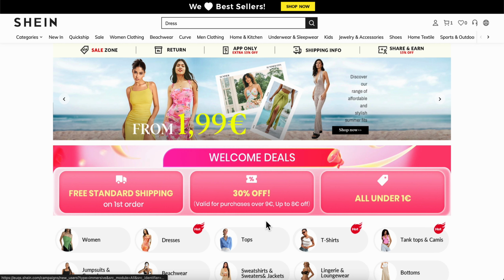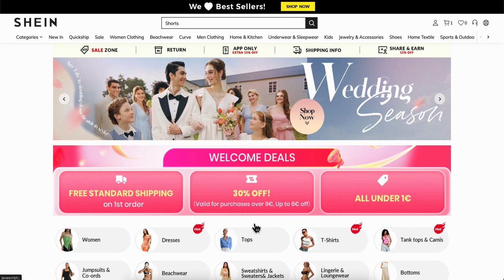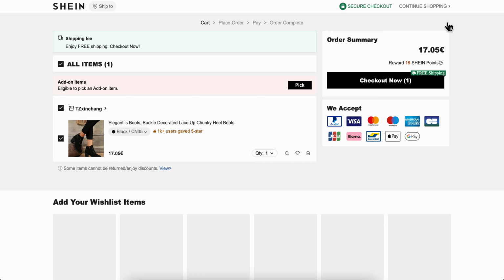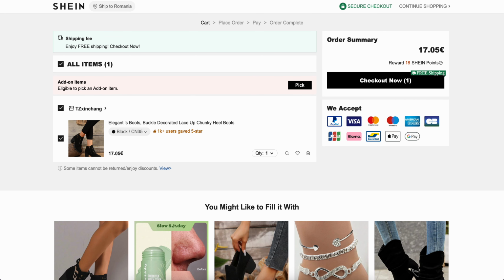How to use coupons on Shein. So basically what you're gonna have to do is simply open the app on your mobile phone and then simply go to your cart. So you're gonna have to simply click on it, and then the next step is to